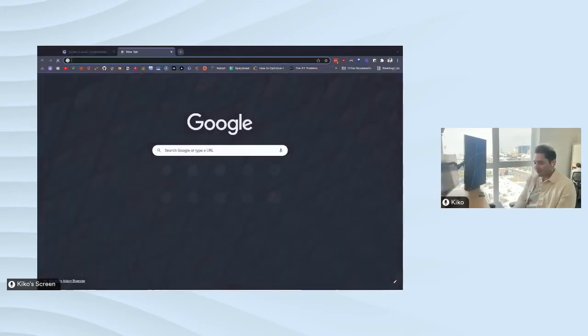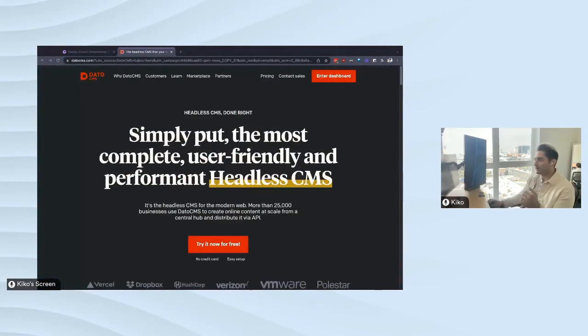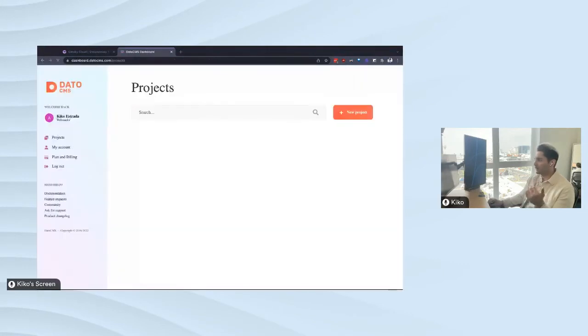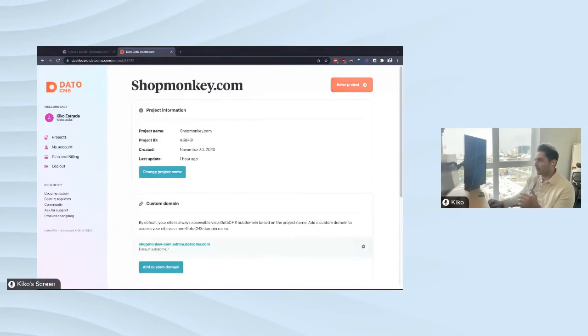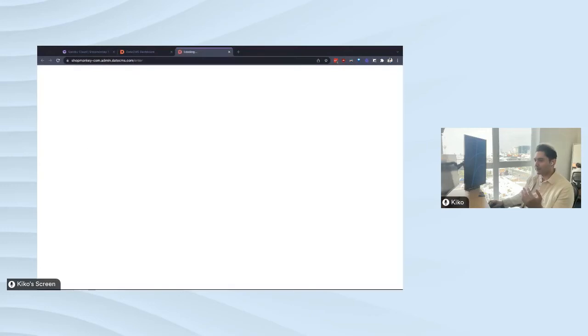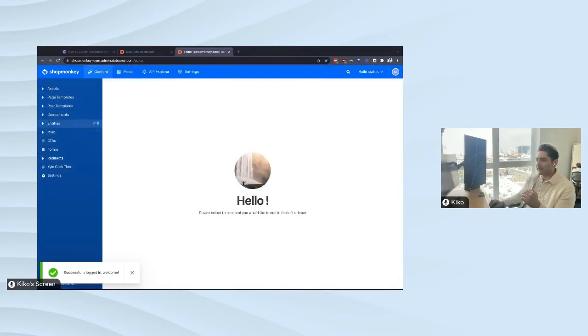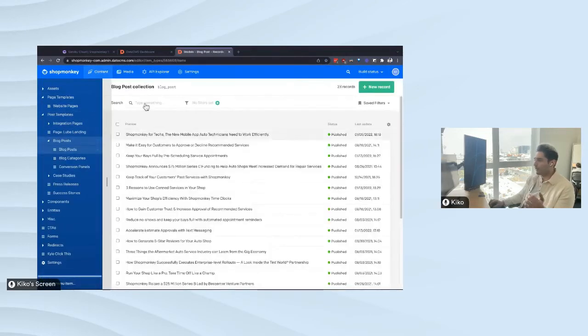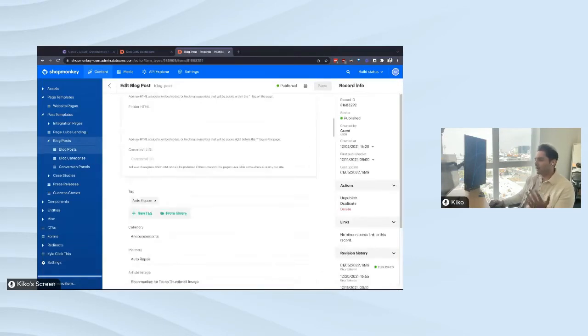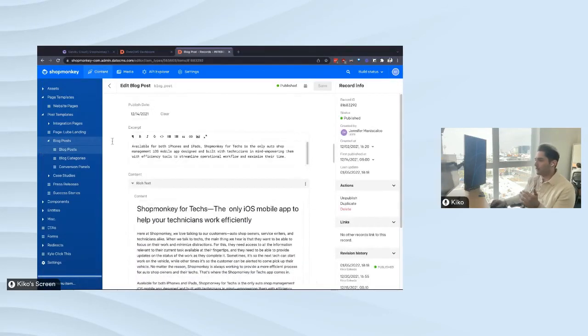And we'll see how that's pretty much already the case by logging into Dato and showing you what one of our clients' content editing experience is like. So if we go ahead and enter the project, we'll see that very quickly we can see all of the content types on the side here. We'll go ahead and look at the blog post, for example, and say that you want to make a very, very quick adjustment on the excerpt. So let's say it's available for both iPhone and iPads, and you prefer ampersand instead of ands. All you can do is hit save